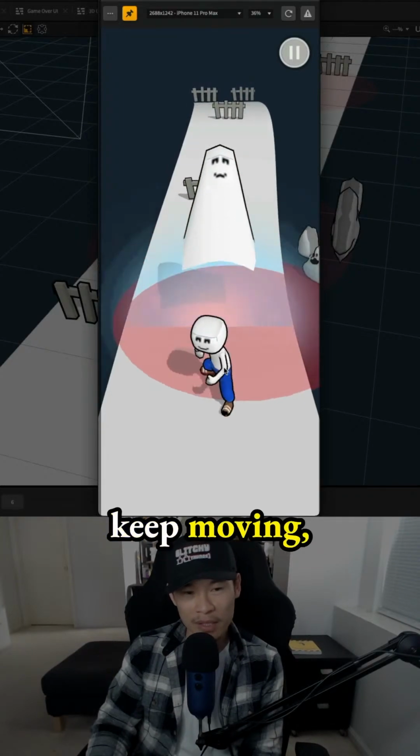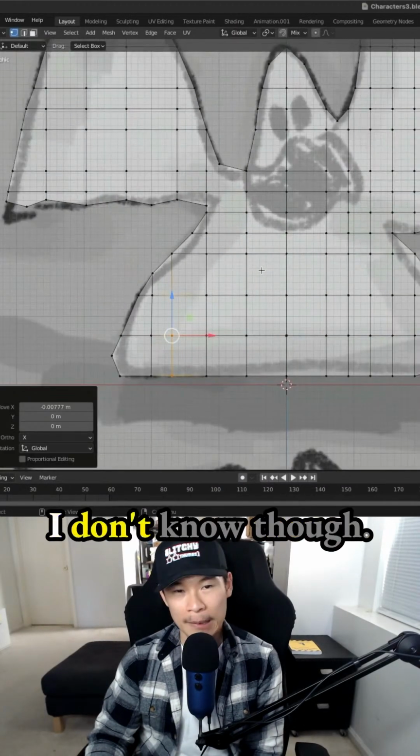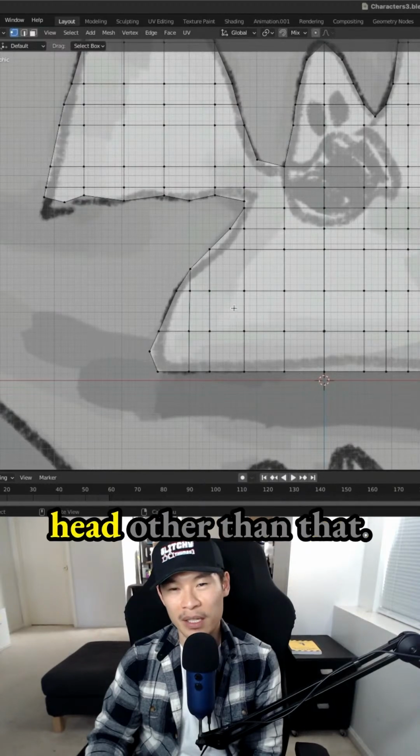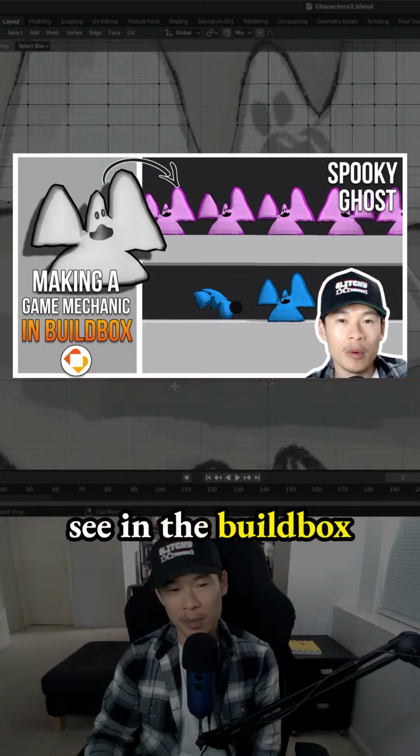Otherwise, if you keep moving, that's how you lose in the game. That's one game idea that I'm thinking about right now. I don't know though. We'll see. I don't really have the details just yet in my head. Other than that, it's going to be different than the mechanic that we see in the build box portion because